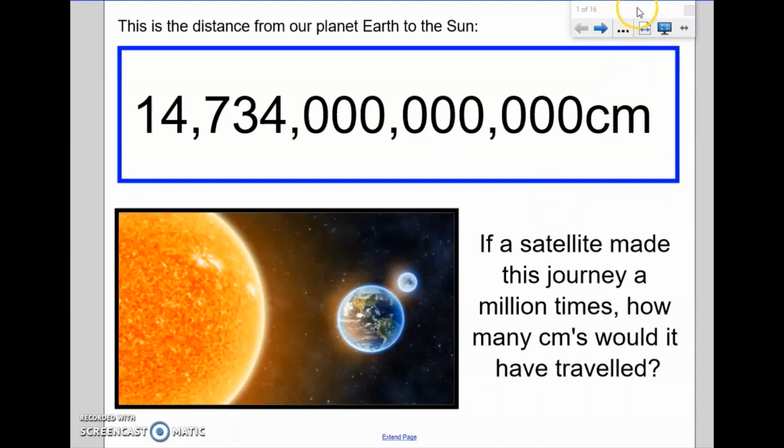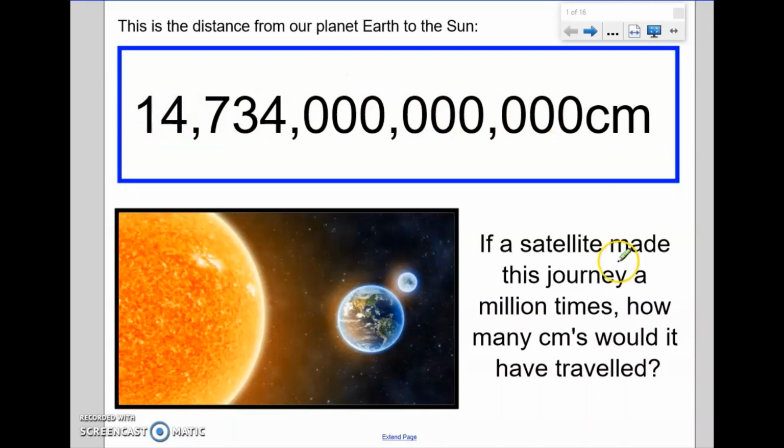In this video, we are going to talk through standard form, sometimes referred to as standard index form. You can see from the slide I've got on the screen, I have a very large number displayed. This is the distance from our planet Earth to the sun in centimeters, and you can see it's a very